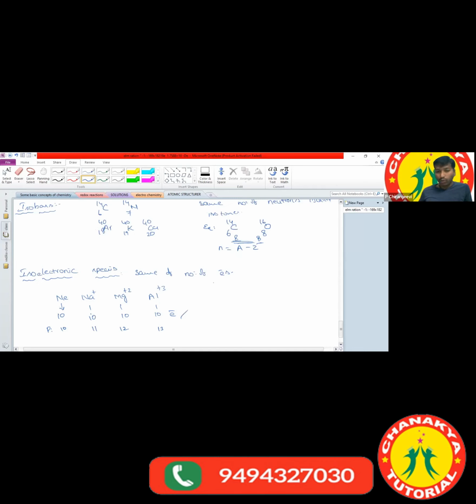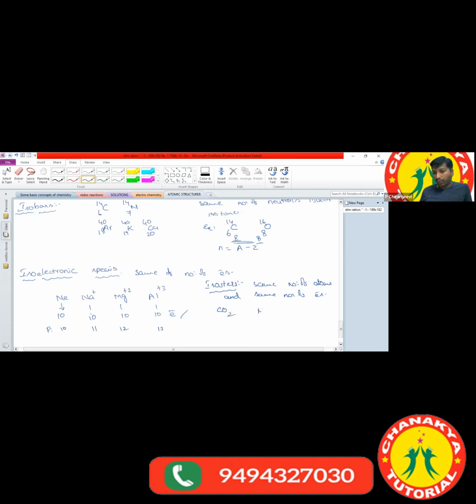Okay, and isosters are there. Isosters, a previous year question. So what is meant by isosters? Different molecules having the same number of atoms and the same number of electrons. Simply, different molecules having the same number of atoms and the same number of electrons we can call isosters. What are the examples? For example, they had given carbon dioxide,